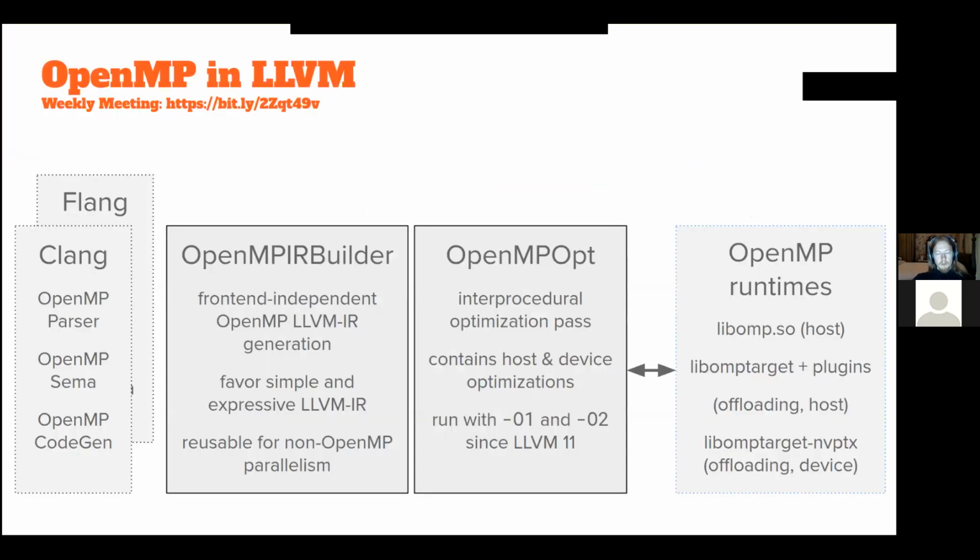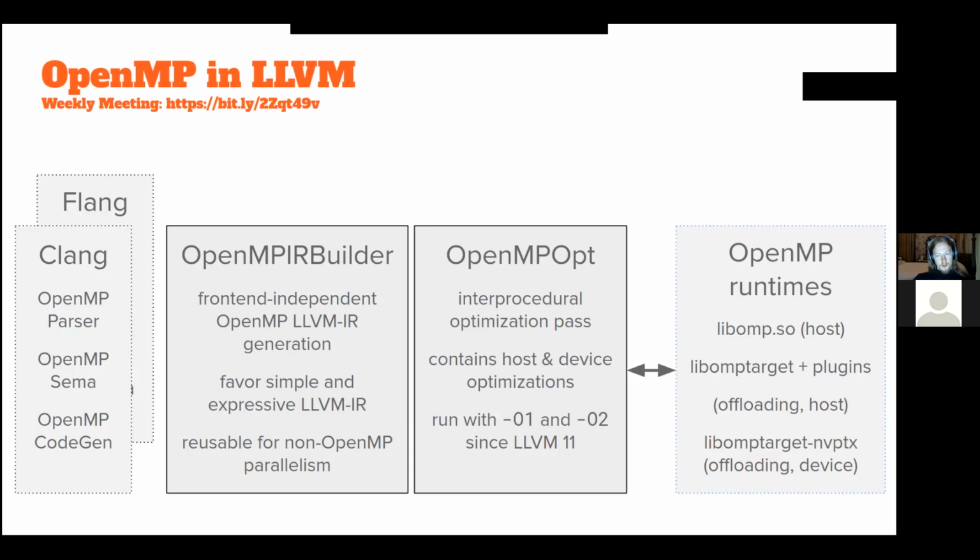So this is a very broad overview of OpenMP support in the LLVM ecosystem. We have the Flang and Clang front ends, which each have their own OpenMP parsers, semantic analyzers, and code generation. And those both share the OpenMP IR builder, which is a front-end independent LLVM IR generator that lives inside of LLVM. And we generate the IR to be simple and expressive so that it's easier to work with for tooling